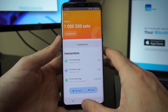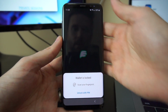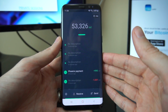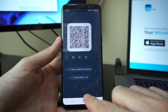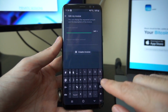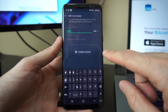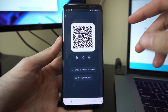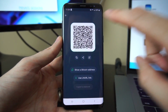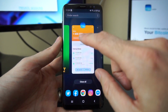So I'm now going to navigate to yet another Lightning Network wallet that I've got sitting here called Phoenix. Phoenix is non-custodial, meaning that I'm not trusting anybody else to hold my funds for me. I'm just going to hit Receive, and I'm going to make an invoice for, say, 1,000 Satoshis. I'll create the invoice. And at this point, on this wallet, a little bit different. It doesn't show you the garbled text down below, but nonetheless, you can tap and copy that invoice,